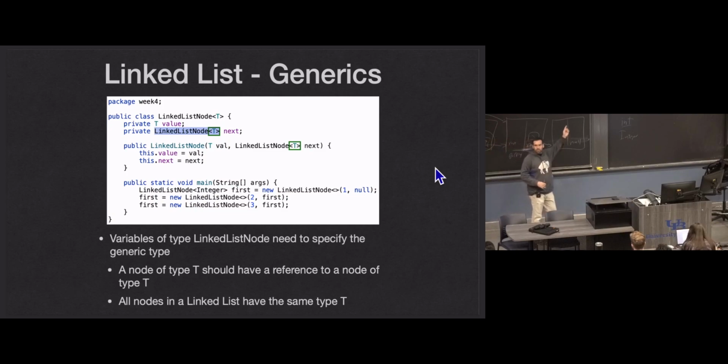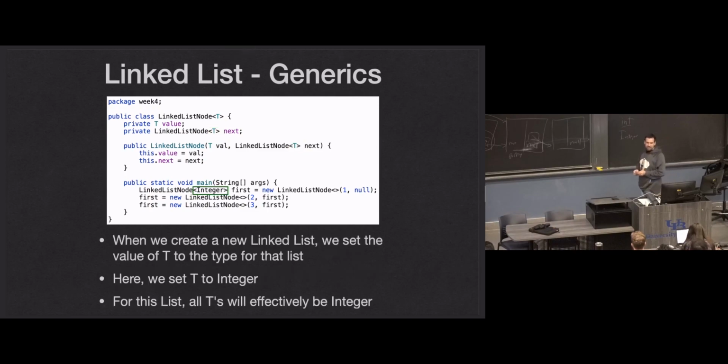We could, if we rewrite this class, we certainly could do that if that's the kind of linked list that we wanted. But those linked lists are hard to work with in a strongly typed language if we're mixing types. So we're going to have next be another linked list node of T. And then when I actually create a linked list node object or variable in this